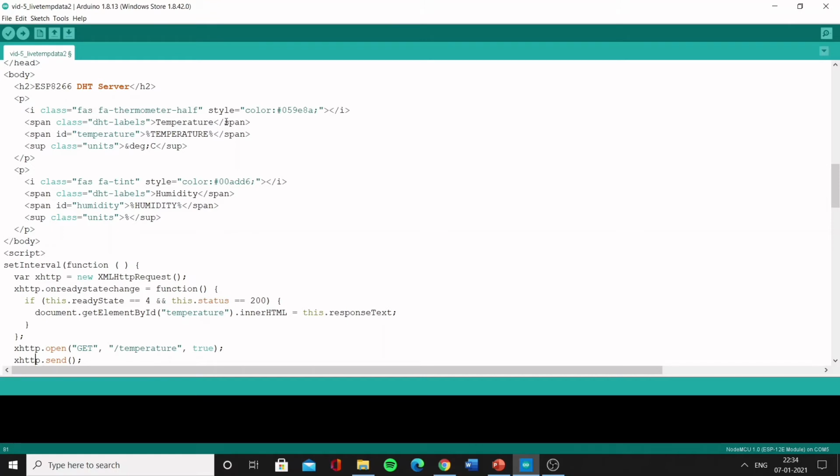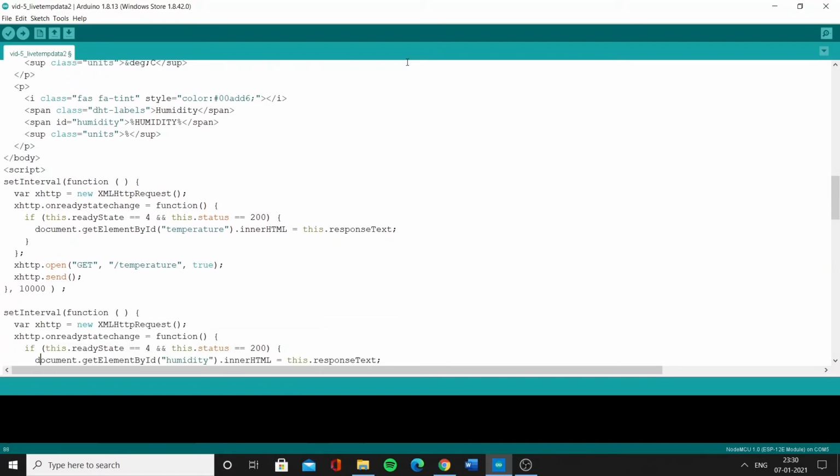Now the next line prints the word temperature onto the web page. The word temperature between the ampersand signs is the placeholder for the temperature value. It is like a variable that will be replaced by the actual temperature value from the DHT sensor. The placeholders in HTML text should go between the ampersand signs. Finally, we add the degree symbol. Now we use the same approach for the humidity paragraph as well.